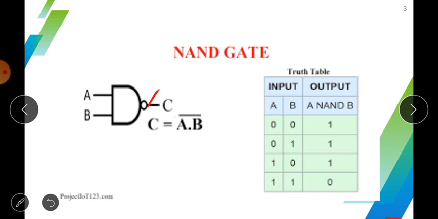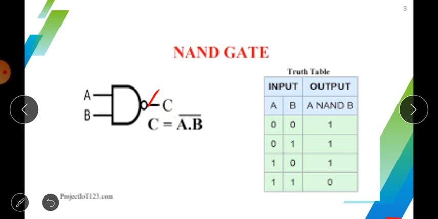Means an AND gate with an inverter circuit makes a NAND gate. You can see the equation of the NAND gate also: C is equal to the inversion of A dot B. So first we find the AND function of the gate, and then we invert it.